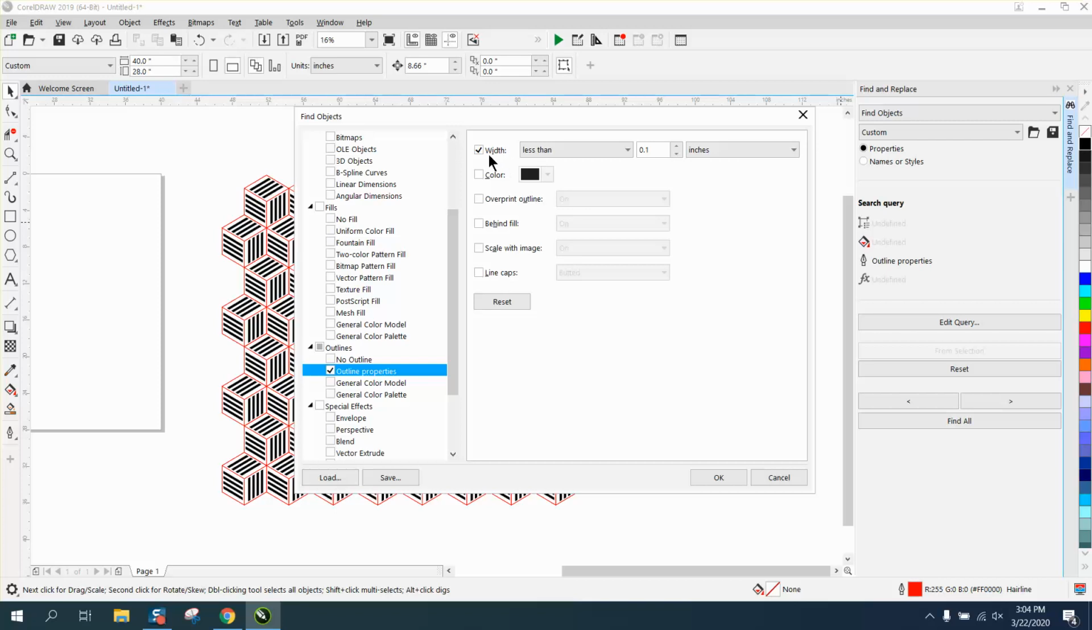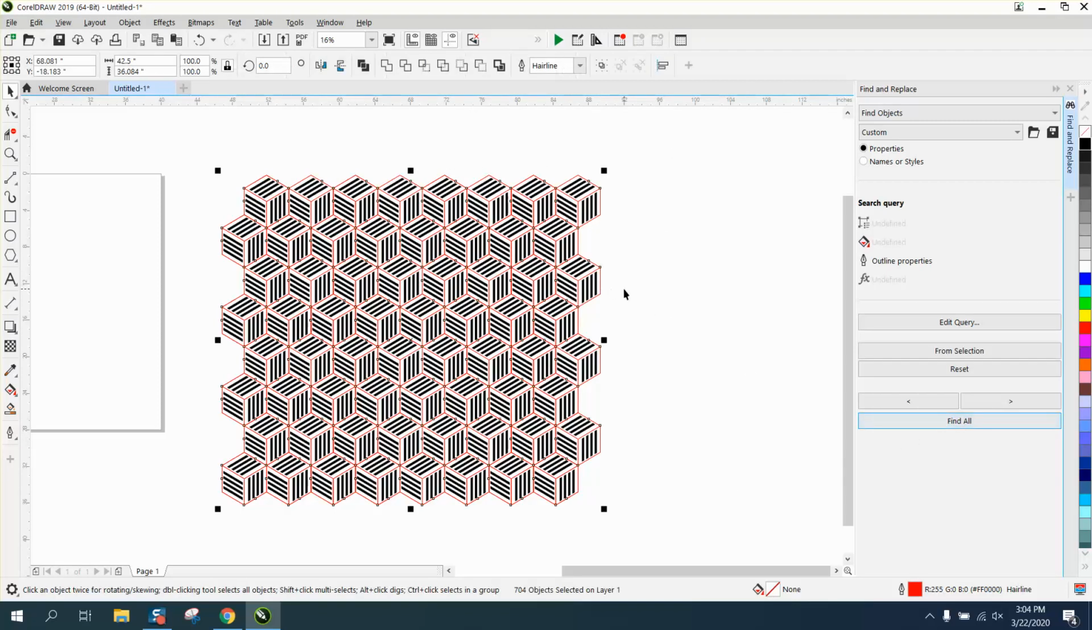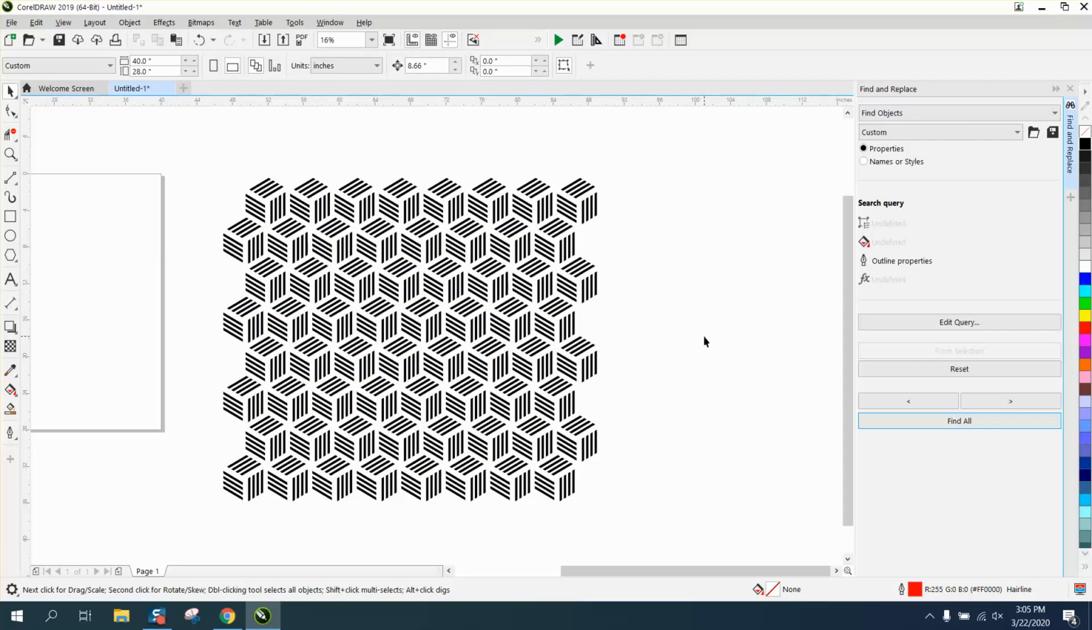We want it to find the width less than 0.1. I don't really know what a hairline is. It's actually really, really thin, but the black lines are a lot thicker than 0.1. We're going to say OK, and we're going to ask it to find all. It's going to take just a second because there's a lot of lines, and then hit the delete key. Now you have that pattern